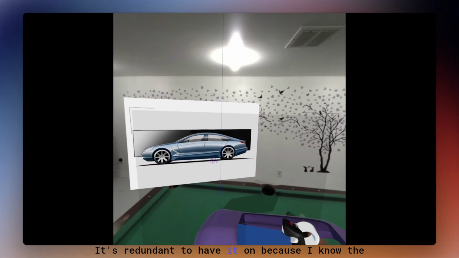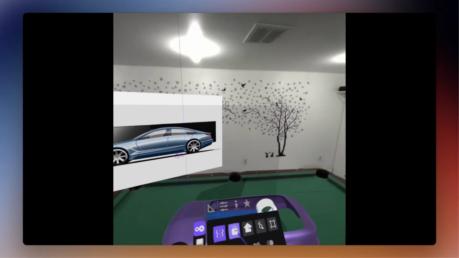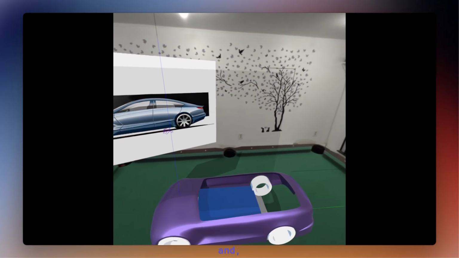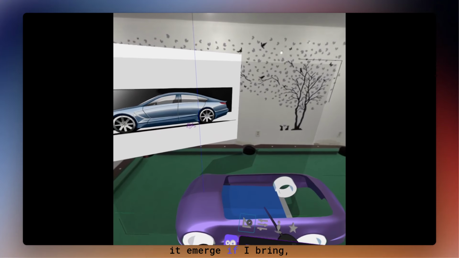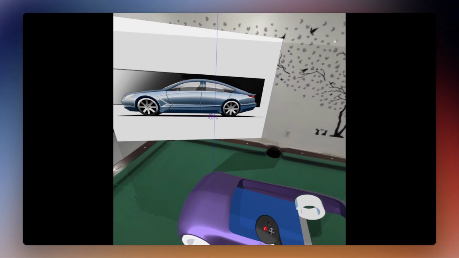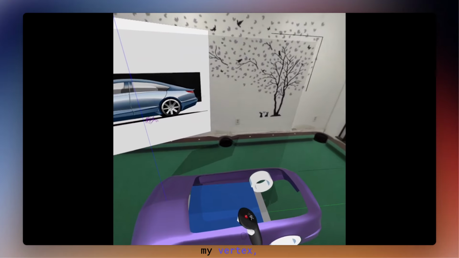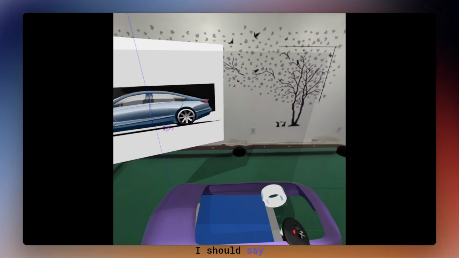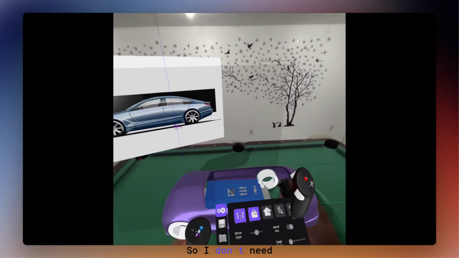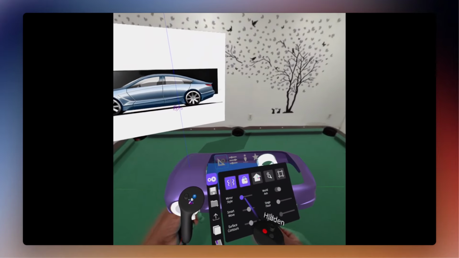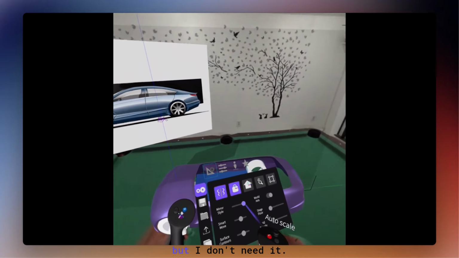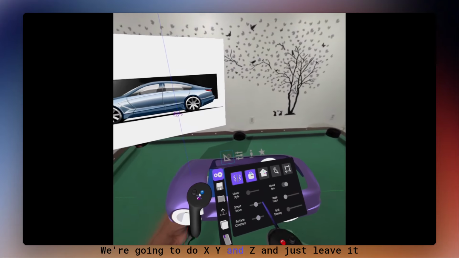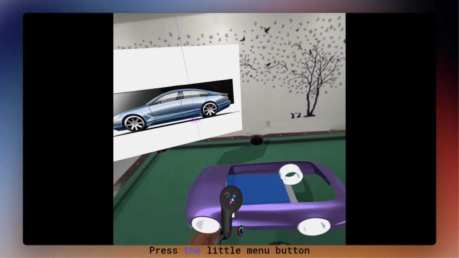It's redundant to have it on because I know the mirror is there. And I know whatever I do on this side, it's going to duplicate on that side. And if my vertices meet at the center line, at the mirror line, I should say, it's going to merge automatically. So I don't need to have this on. It's cool to have, but I don't need it. Smart move, we're going to do X, Y, and Z and just leave it there. Press the little menu button